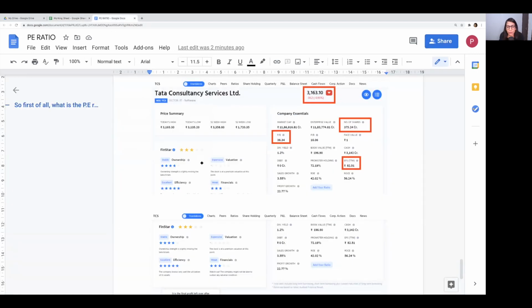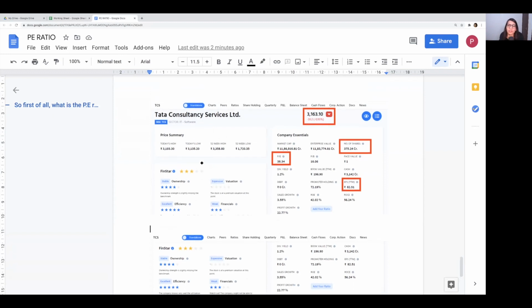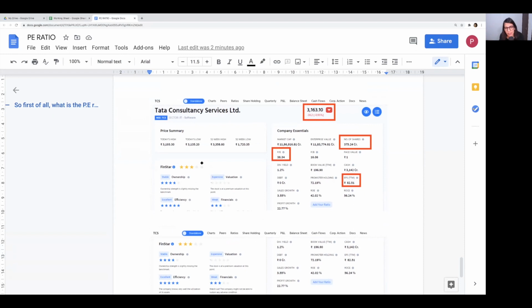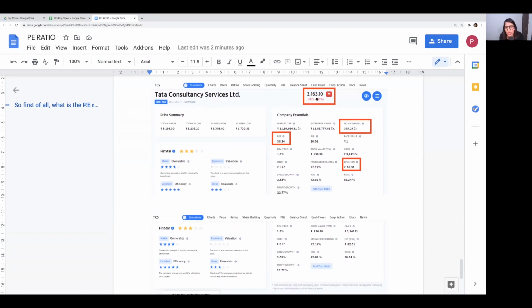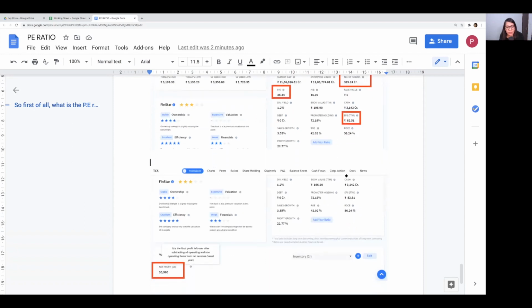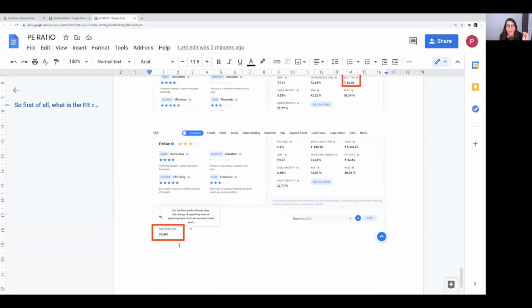Let's move back to the screener. You can use a lot of websites which can provide you company data. So use Screener, Tickertape, a lot of options are there. So this is the kind of data that is available. For Tata Consultancy Services, we will need current market price per share, that is 3163.10. We are going to calculate this. So 38.34 will be our result. We'll see that later. We'll confirm from this document again. The number of shares outstanding is 375.2 CR. EPS, which we have to again calculate, is already there. And we will need net profit, that is 30960.